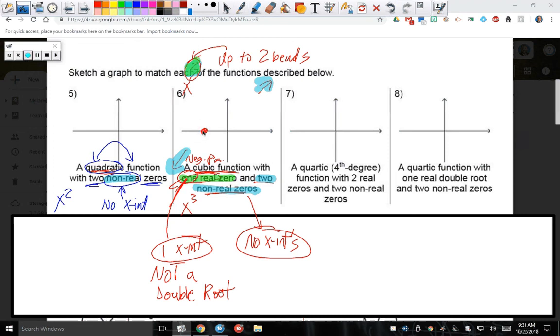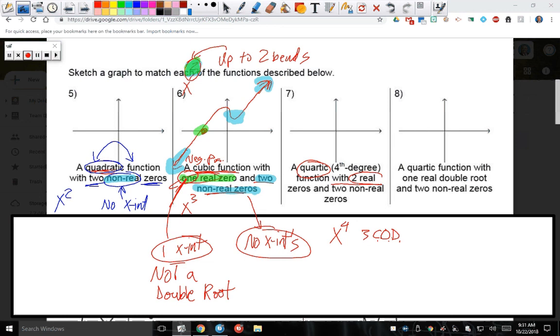2 non-real zeros means that the bends will still occur, but they do not actually touch the x-axis. So color coordinating, these bends really never come down and touch the x-axis, but this one real zero actually does, and just has that multiplicity of 1. So this could be something that looks like our graph. Alright, number 7 is looking for a quartic, so it's 4th degree, with 3 changes of direction possible, and it says